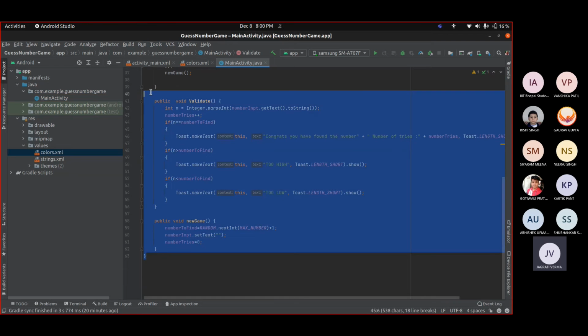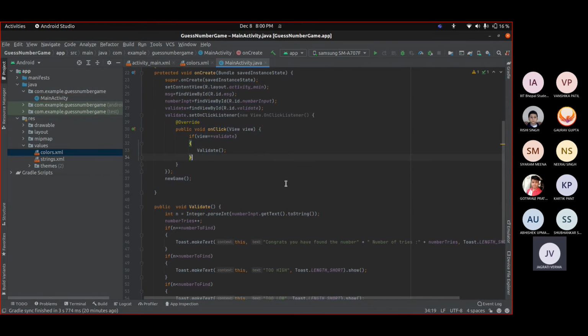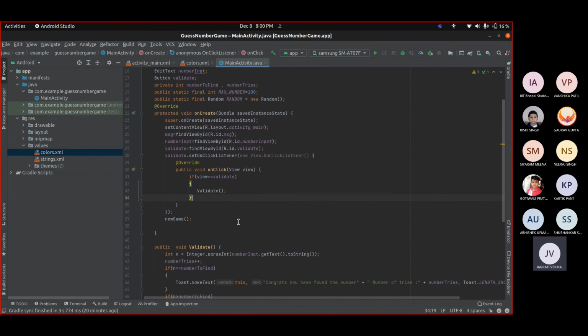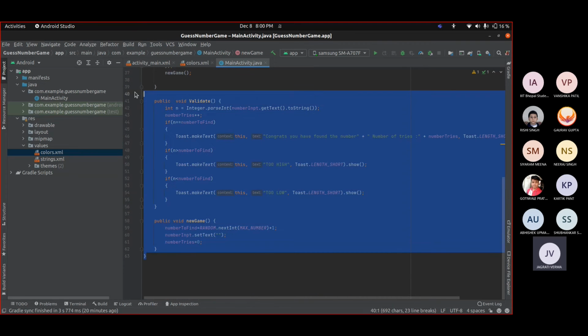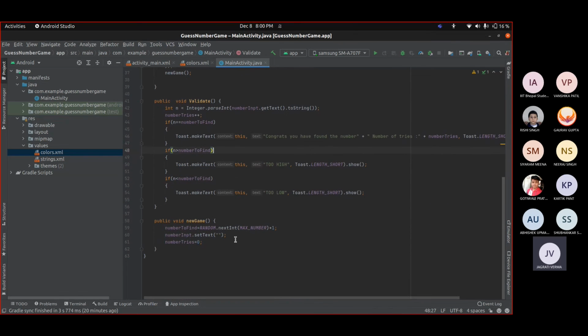Okay, so this is validate and new game, every function that we needed to create. So we have created two functions, validate and new game.